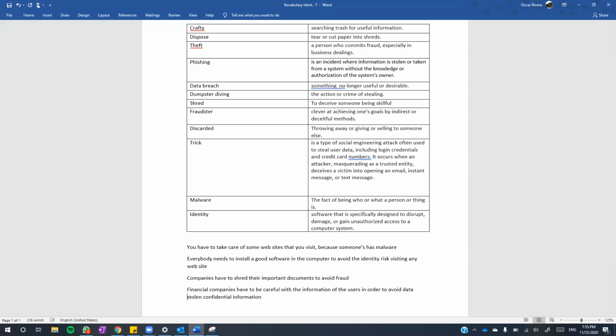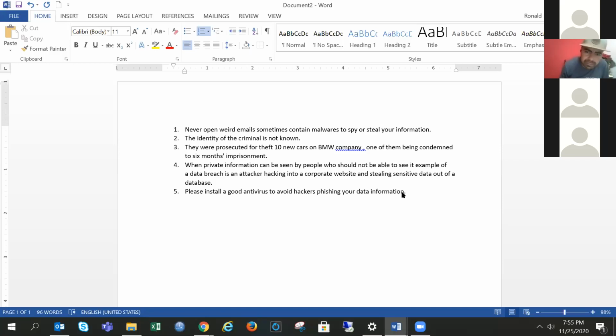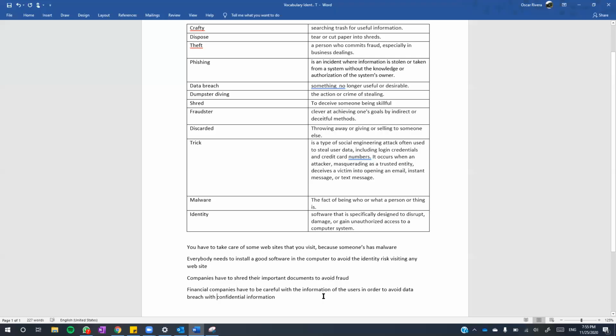We're assuming the person knows the term, so we finish the sentence at data breach. Yes, you can leave it like that. So we need to delete the "with". People have to take care